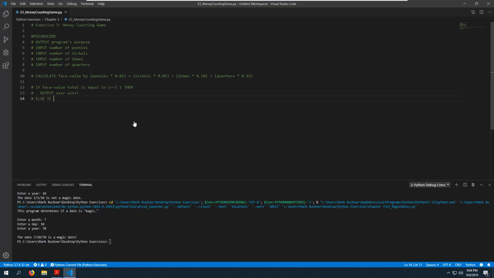Else if face value total greater than 1, then output user loses